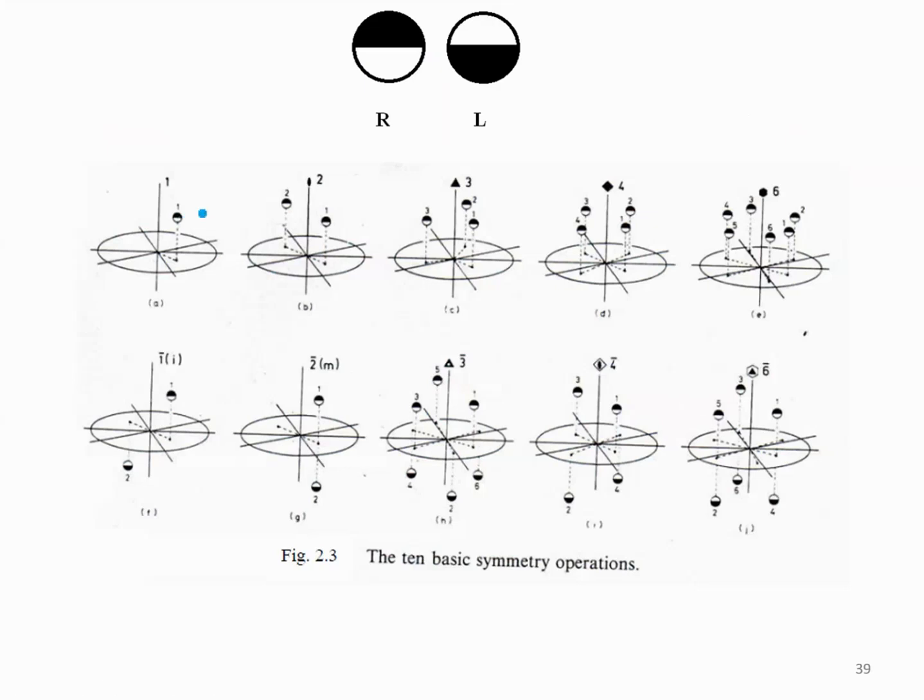So you notice all these balls or atoms have two types. One is something like this. The black are on the top. This one, the black are on the top. Okay. The other one, white